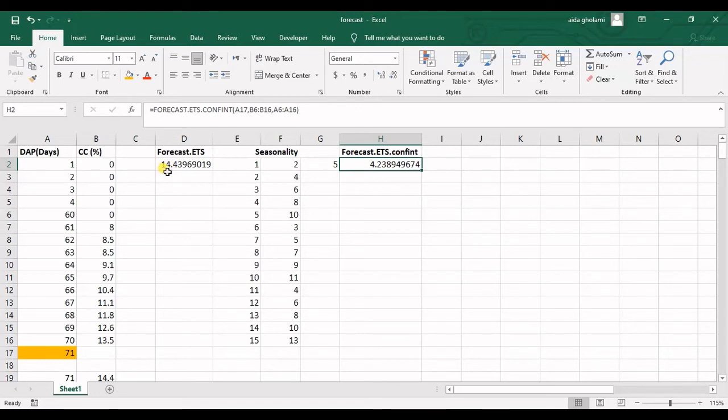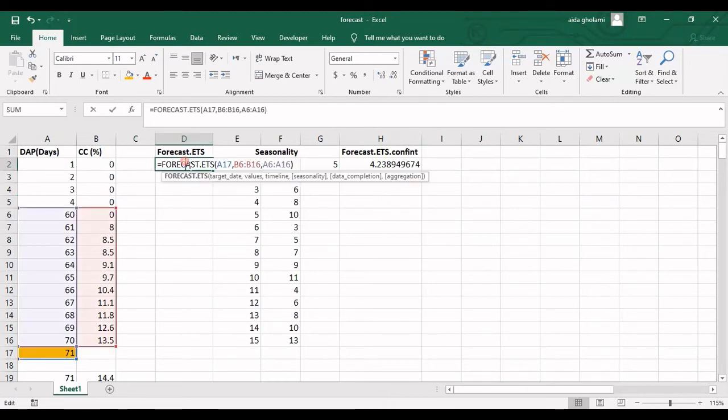So this number gets placed in these two levels. I will show you a very clarifying example